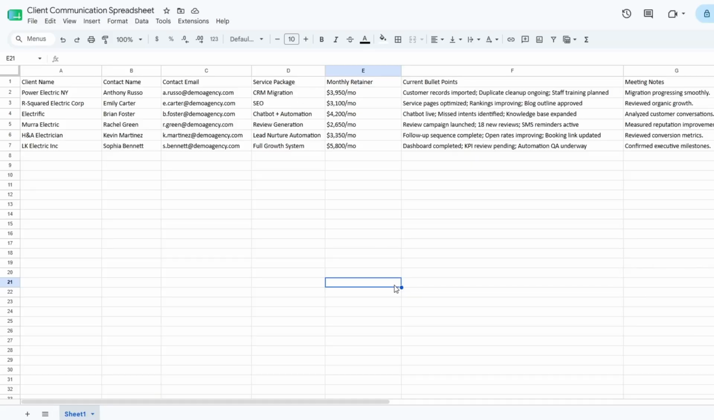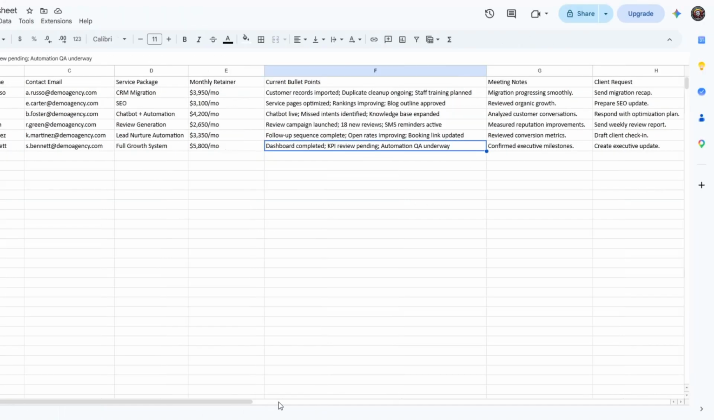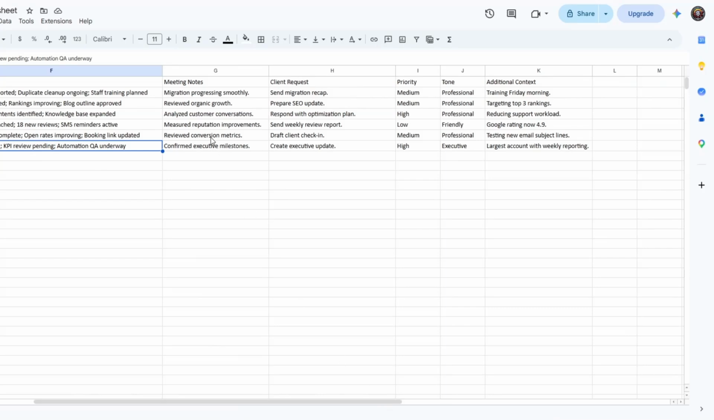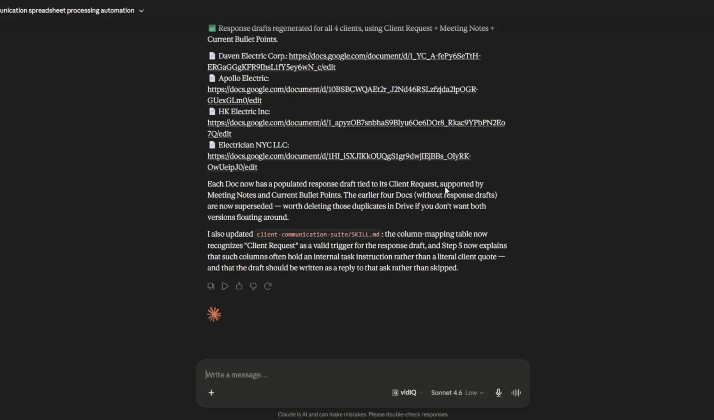So I've gone ahead and updated our client communication spreadsheet with 6 new clients. So you can see their company name, contact information, their contact email, the service package, monthly retainer, current bullet points, meeting notes, client requests, priority tone, and additional context. So now to generate client communication packages for these clients using our skill,